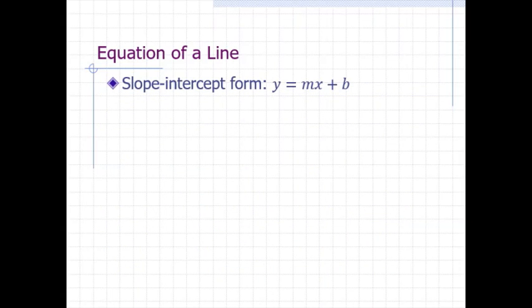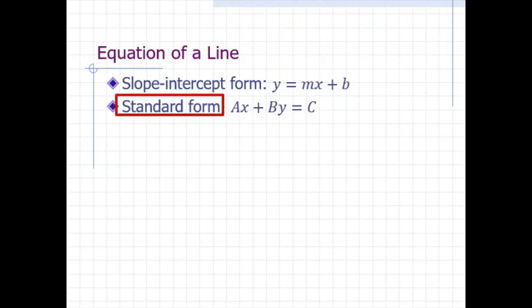The equation y equals mx plus b is called the slope-intercept form of the equation of a line. The equation can also be written in the form a times x plus b times y equals c. Here, a, b, and c are constants. This is called the standard form of the equation. So if we see an equation like this, we know that a plot of y versus x is a straight line. But what would be the slope and intercept of the line?